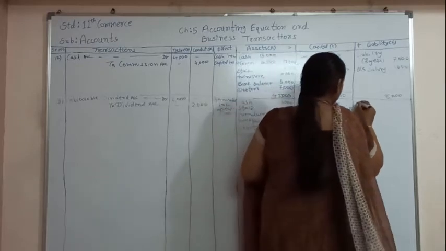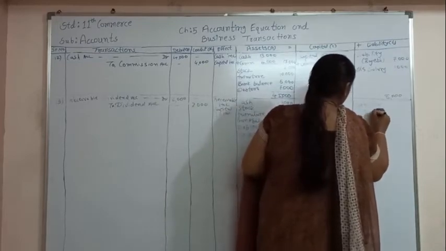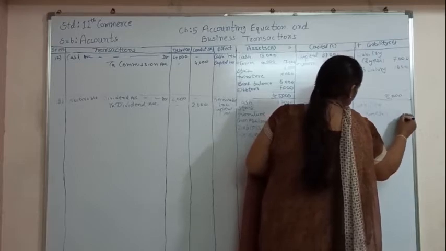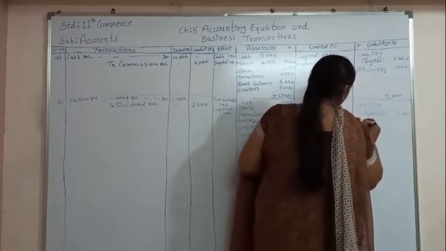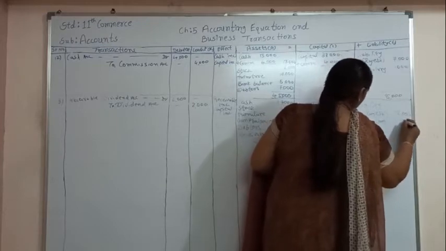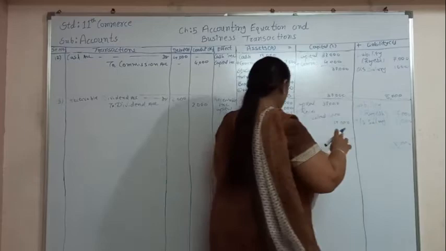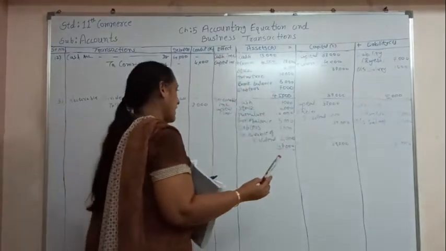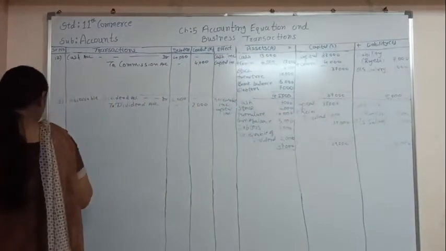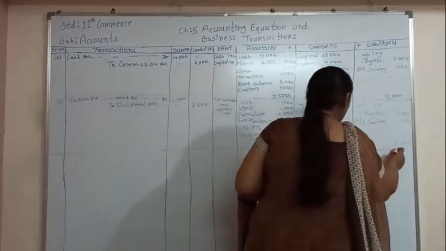And here liability of Rajesh will be 7,000 and outstanding salary will be 1,000. So total will be 8,000. So here 39 plus 8 it will be 47. So for that,